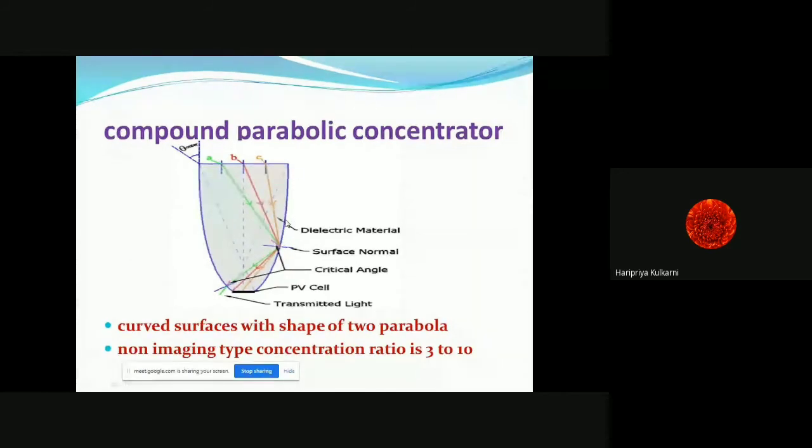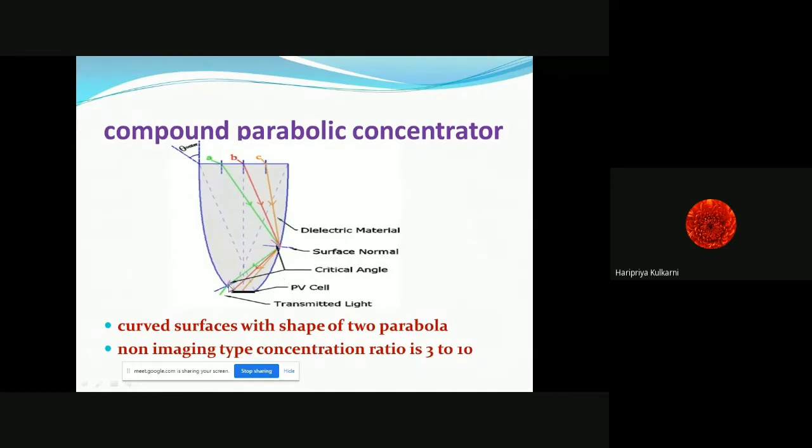So with such arrangement, we can absorb maximum amount of solar radiations falling on the mirror as well as directly falling on the PV cell. So here aperture is more and surface area is less. So concentration ratio is aperture area upon solar cell area. So definitely our numerator is higher, denominator is small, and we can increase the concentration ratio with the application of concentrator. Okay.